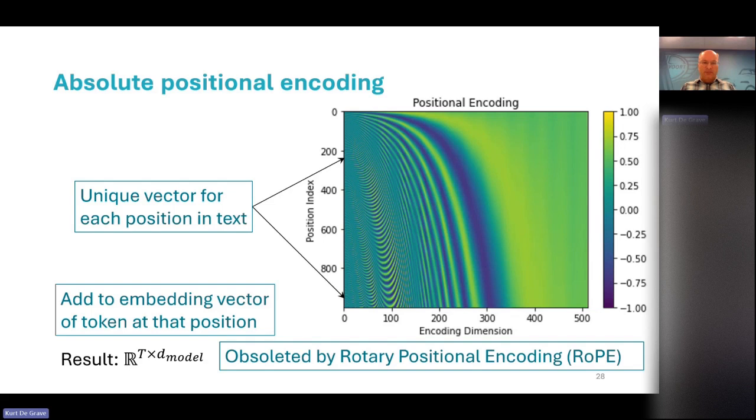So here the top row of this matrix would be what we add to the encoding of the first token. And the second row would be added to the encoding of the second token, and so on. So adding is quite cheap, so that saves us a lot of compute. And so the result after positional encoding is equally large from what we already had before. It's just modified.